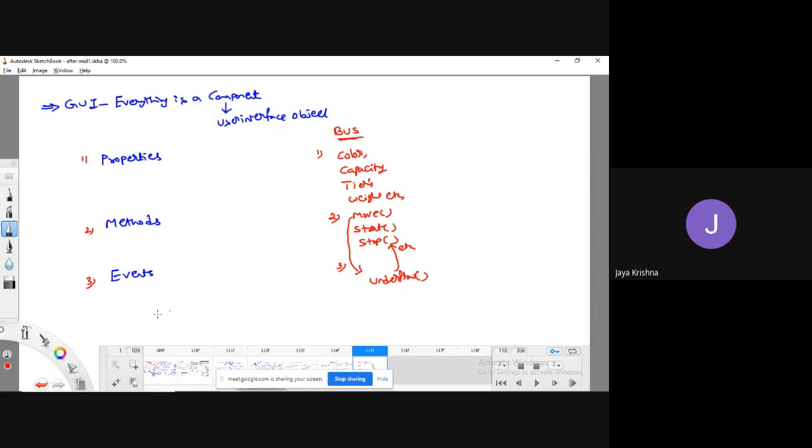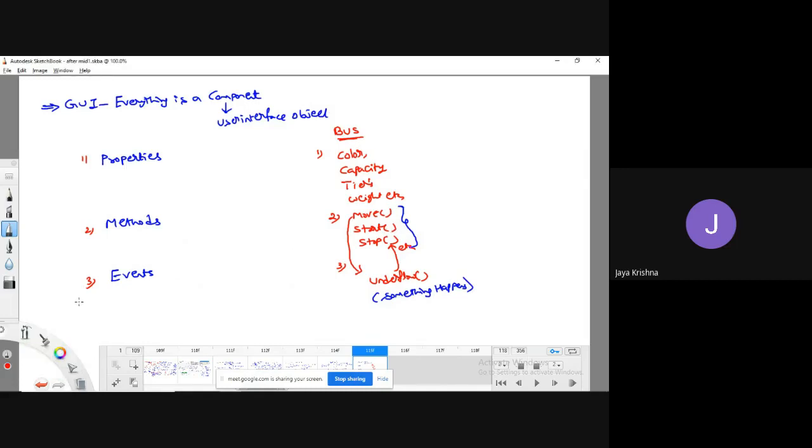Event means, in other words, if something happens without our involving, while performing various kinds of operations. Observe, if something happens without involving us while performing some kind of operation, we call it an event.